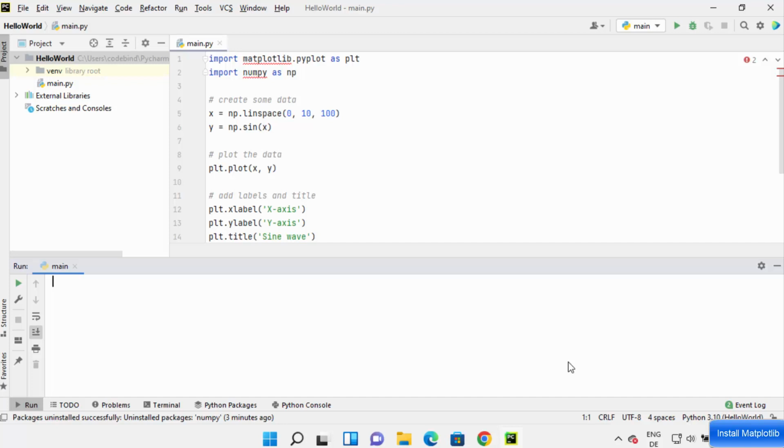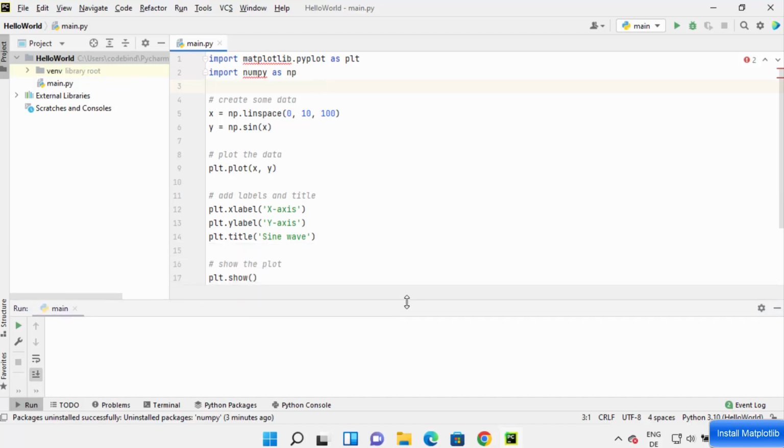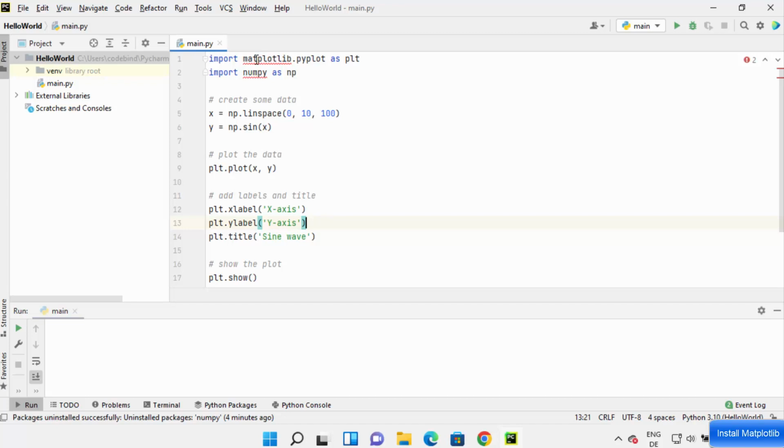Hey guys, in this video I'm going to show you how you can install Matplotlib package on your PyCharm IDE. So as you can see here, I have this hello world project and I have written a very simple Matplotlib code here. But you can see Matplotlib package is not recognized on my PyCharm IDE,